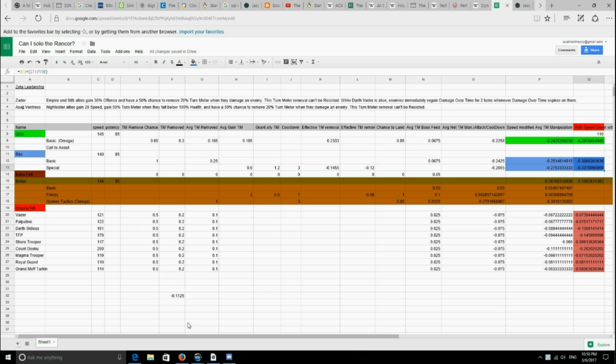Shore Trooper, if you have him 7-star, I've heard a guildie uses him. He's slow, but his unique provides turn meter when teammates use specials, so that could come in handy. And of course, healing to your team and just being a wall is one option. Now, Royal Guard, I think, is a better option for that because he provides